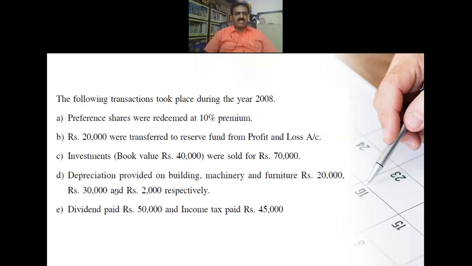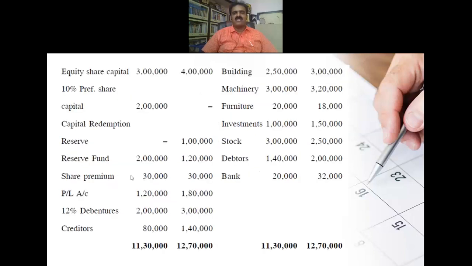Once the balance sheet and adjustments are given, the first and foremost thing you are supposed to do is analyze the balance sheet. Analysis with respect to the heads of the balance sheet. What are shareholder funds? What are non-current liabilities? What are current liabilities? When it comes to the asset side, what are non-current assets? What are current assets? Because this classification is very much essential for the further process.